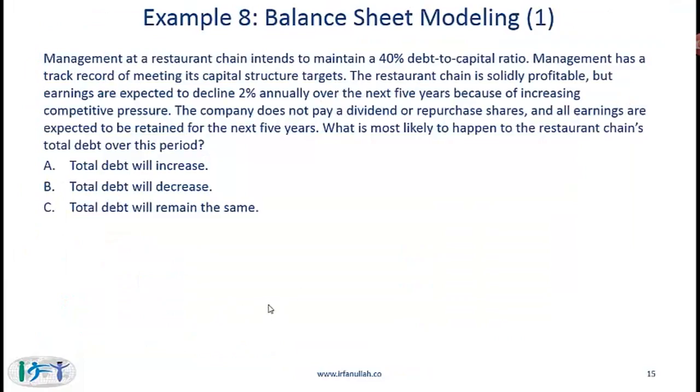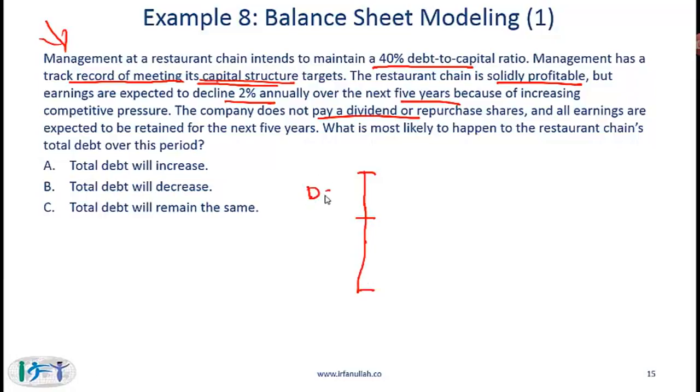Now, just to check whether you are following me, here is a classic example of what might show up on the exam. So read this and tell me the answer. So this is a simple but very important question, and there are some key remarks here. 40% debt to capital ratio, so that is given, and this capital structure will remain. So let me just draw this out for you. We have a situation where we are saying that debt is equal to 40 and equity is equal to 60. This is the capital structure. You can say debt to equity is 40 over 60 or debt to capital is 40%. We are saying that this will